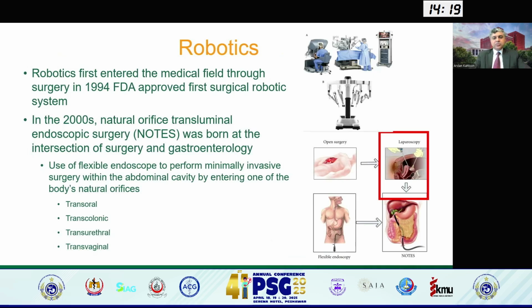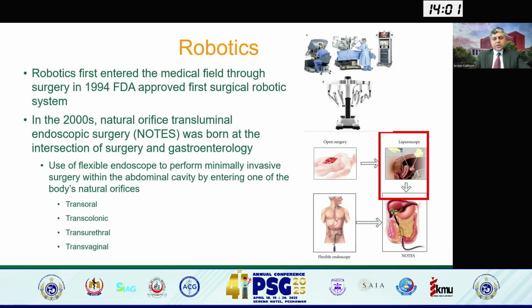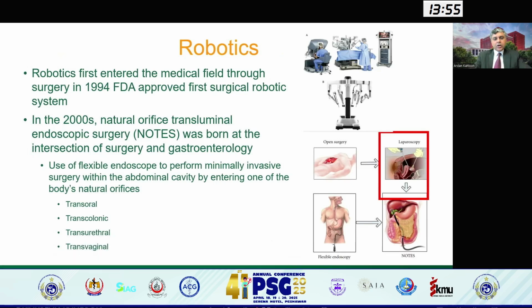And since then, there has been a tremendous amount of improvement in different kinds of platforms. And now pretty much it's the standard of care for performing all major surgeries robotically, which helps with outcomes and patient reported outcomes as well. However, if you look at how robotics has made its way into the GI world, it was around the time of 2000s when NOTES was taking off. So NOTES is natural orifice transluminal endoscopic surgical procedures that were established or brought into the field to be able to perform more minimally invasive procedures utilizing the GI luminal space.